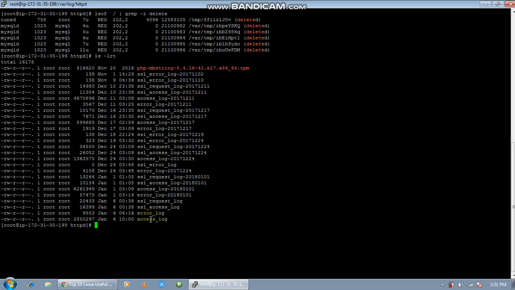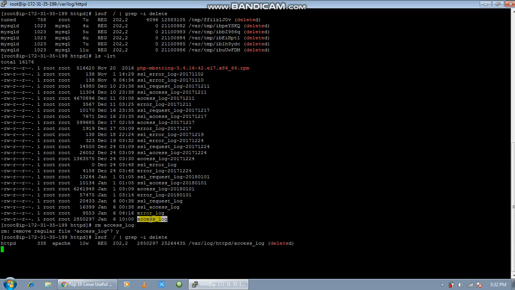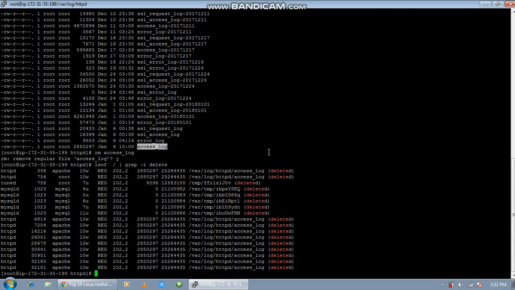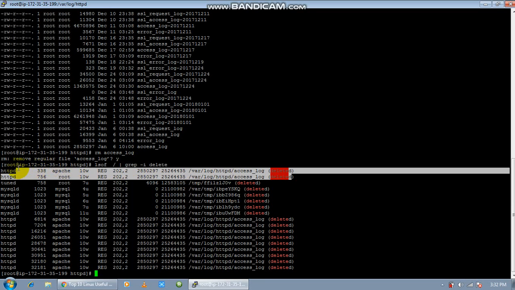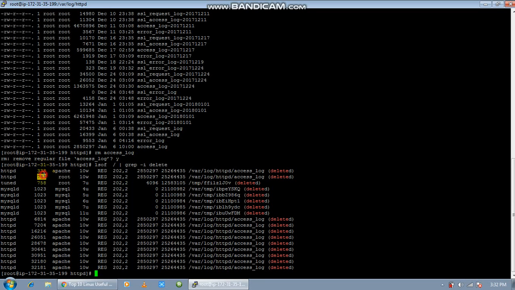For example, if I remove the access.log file, the file was in use and I just removed it. So here the access.log still exists and is running under ID 338, 756, and it will create a cache and fill up the file system